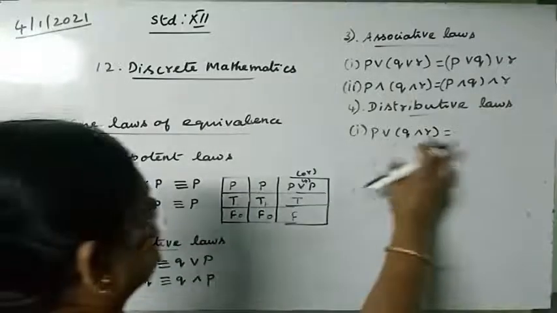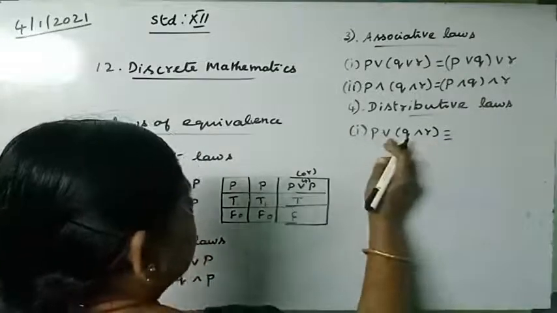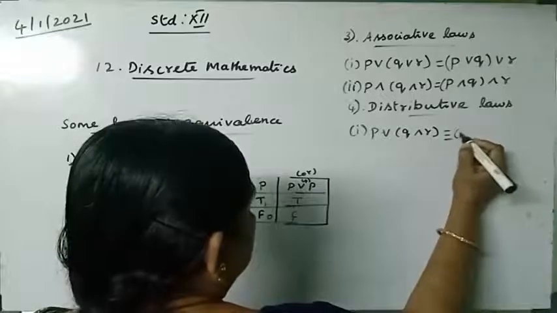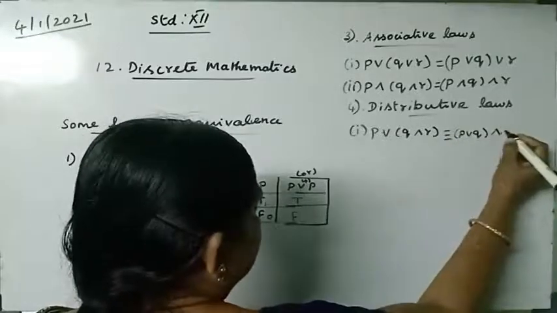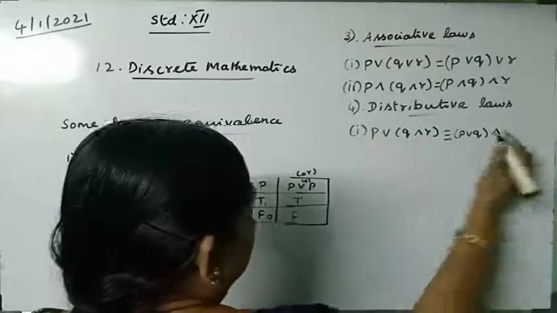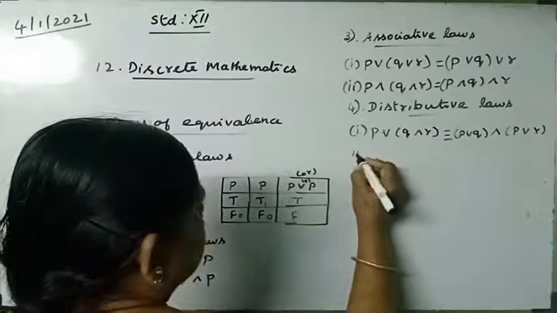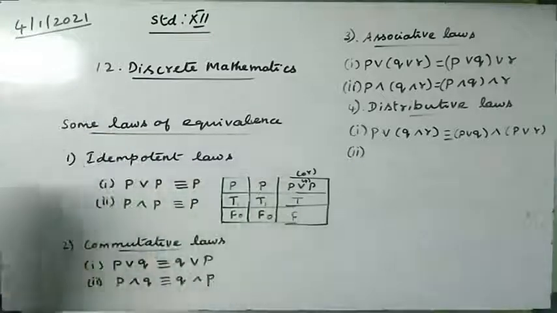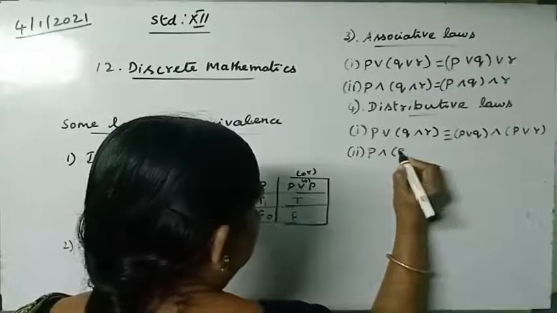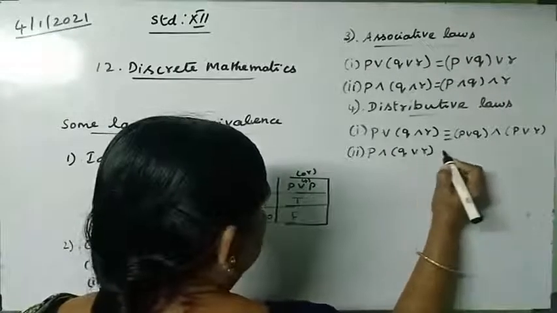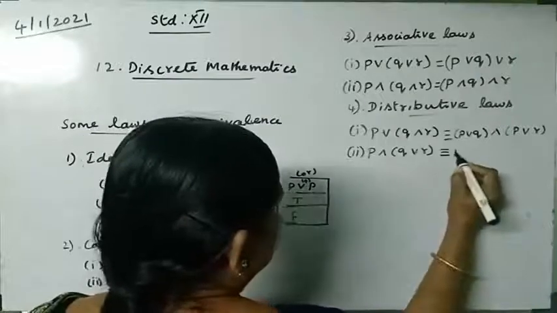So it is very easy to distribute, which is equivalent to P or Q intersection, that is and, P or R. P or R. Second one. The same way we want to interchange this one, P and Q or R, which is equivalent to P and Q,